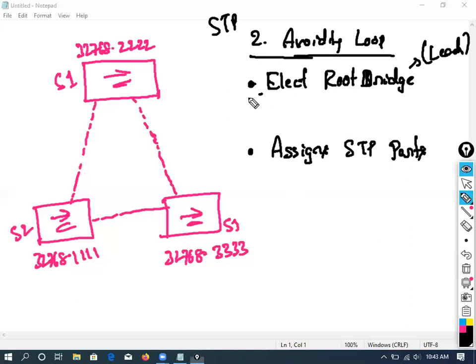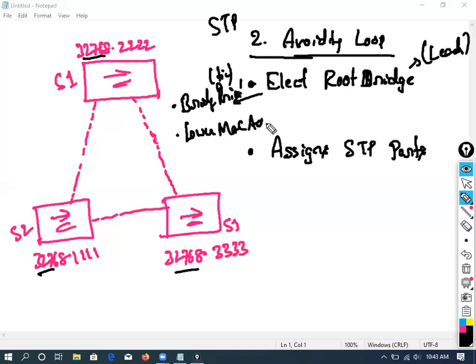This election goes based on the bridge priority. Now all the switches have the same priority. Can you see there? It is 32,768. So this is a tie. If it is a tie, it will go based on the lower MAC address. Now which has the lower MAC address here?